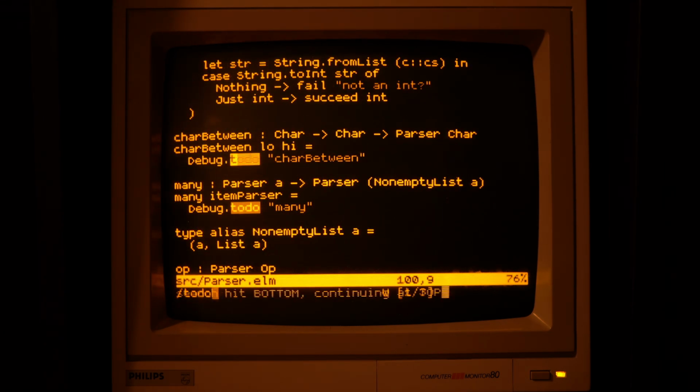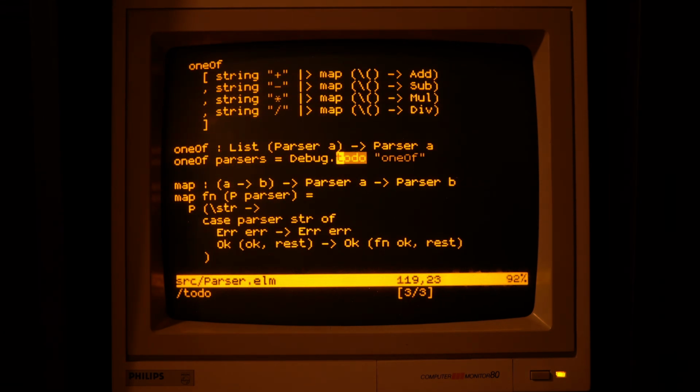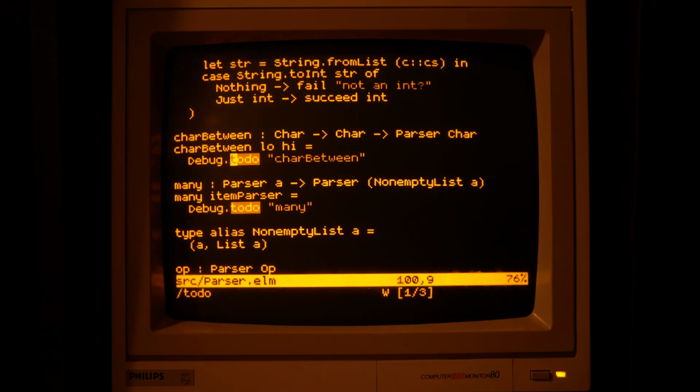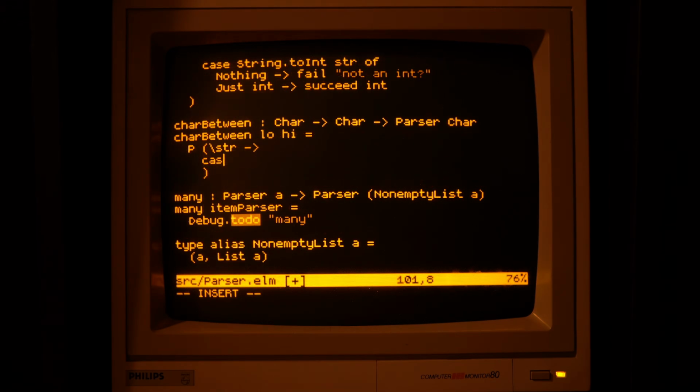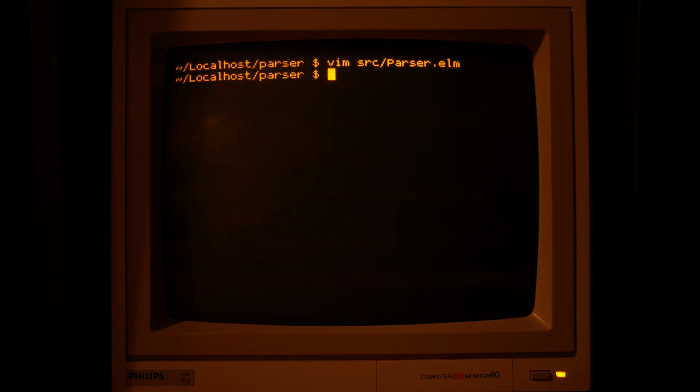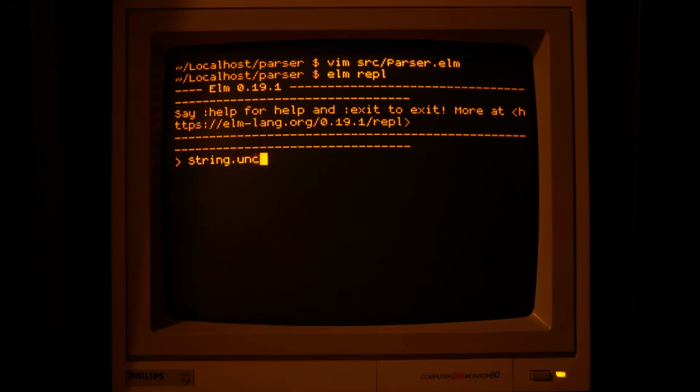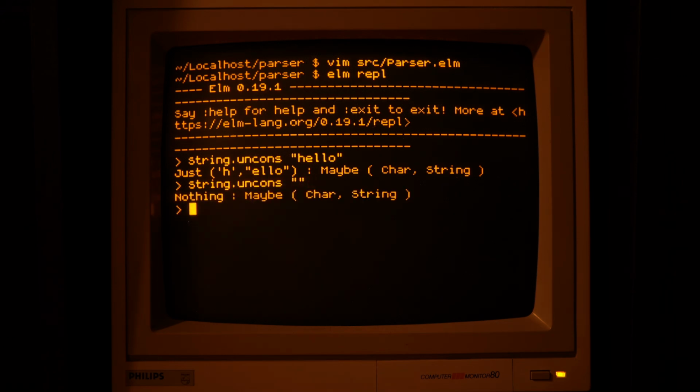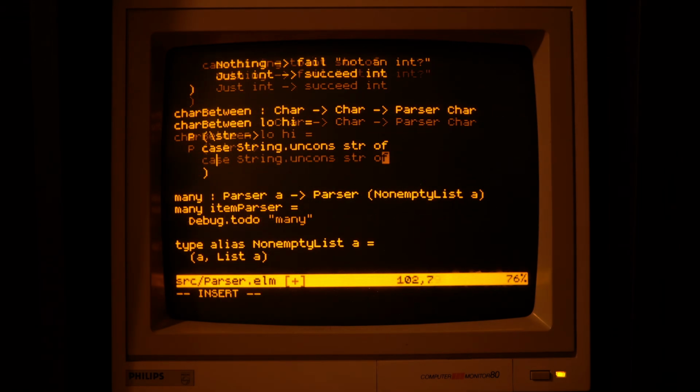Looking at the to-dos we have, characterBetween will be the easiest to implement. In the standard library there's a very useful function, uncons, which will give you the first character and the rest of the string, or nothing if you give it an empty string. So if we get nothing, we can fail, saying we reached the end of the string.